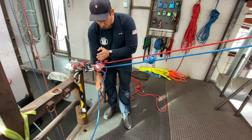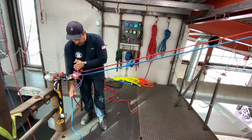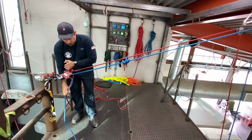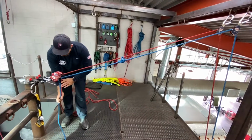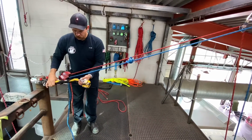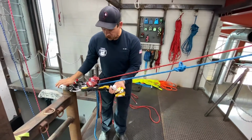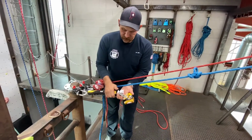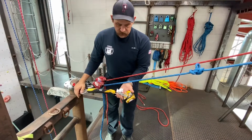You can see how quick that is. It requires very little opening and closing of the device. And then the other thing that's nice is it does institute the shock absorber. So if there is any kind of failure, we're not putting huge loads on our anchor. We're still utilizing that shock pack to limit the forces that our anchor sees if there were to be a